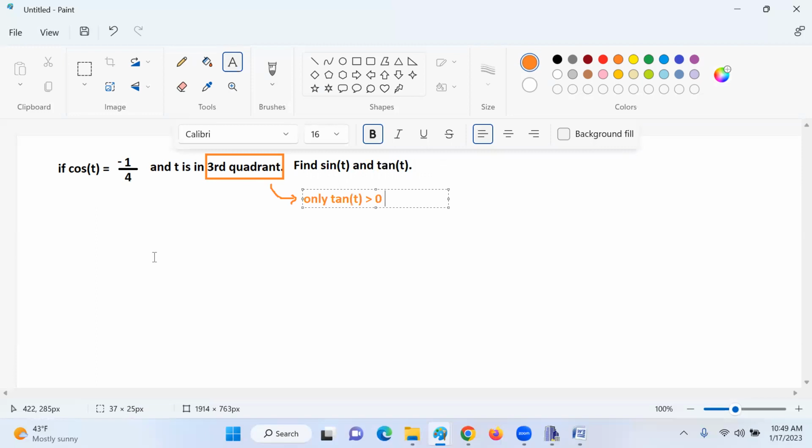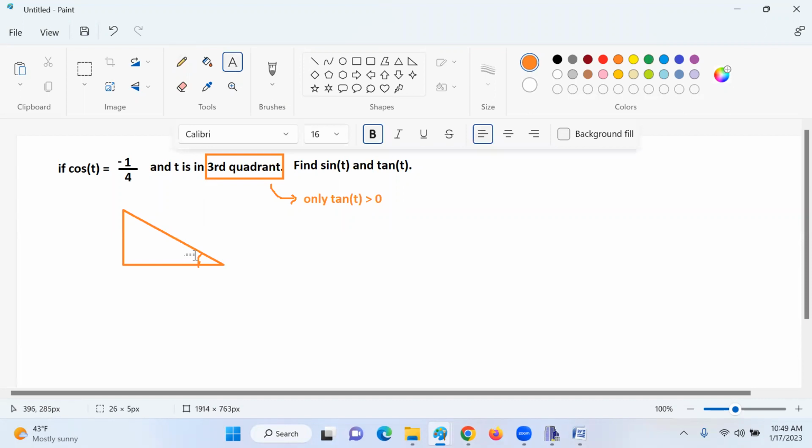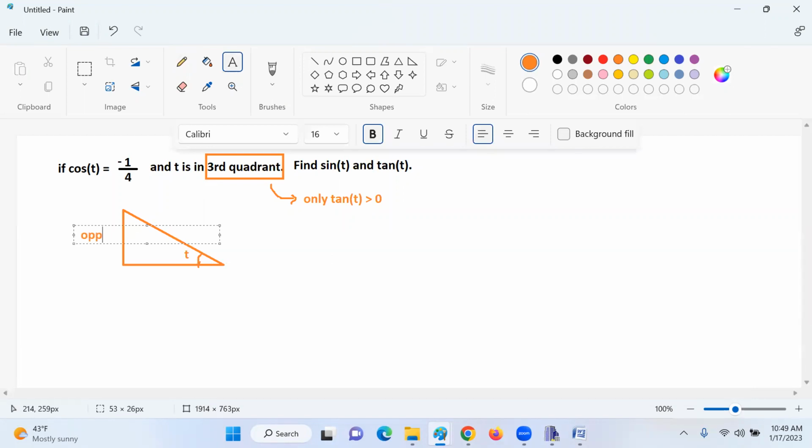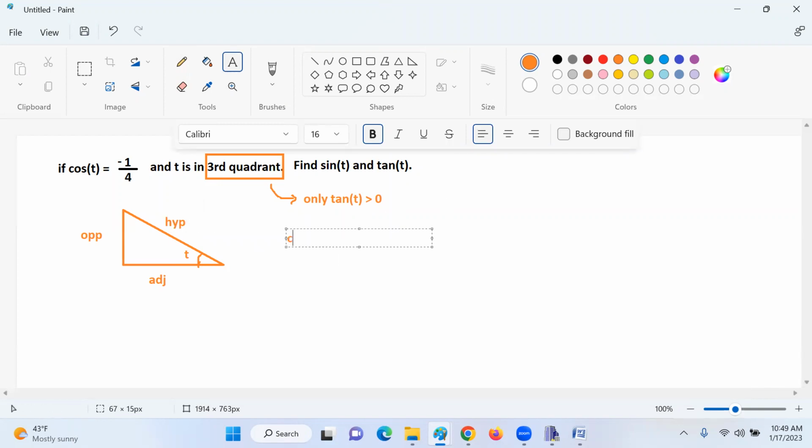Then I'm going to draw the triangle here. This is the angle t, this is going to be the opposite, this is going to be the adjacent, and this is going to be the hypotenuse. We don't necessarily have to remember the order. So we know the fact that the cosine is